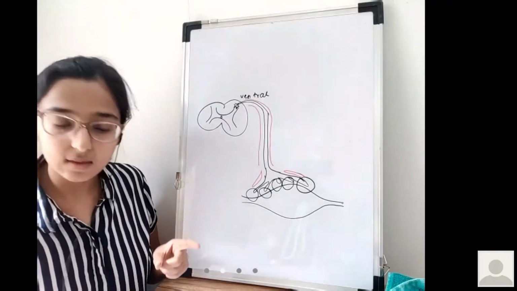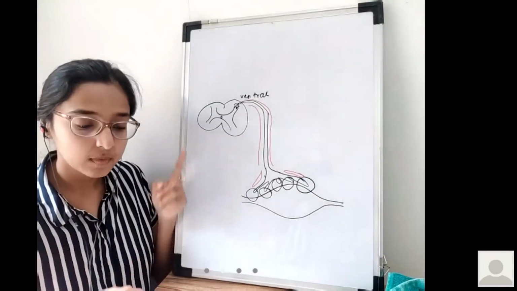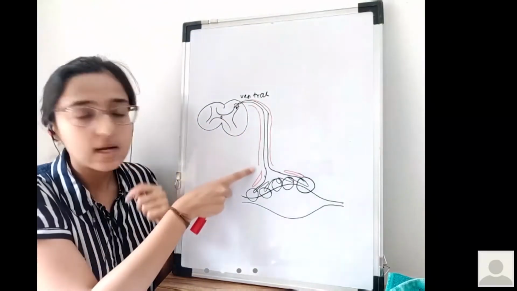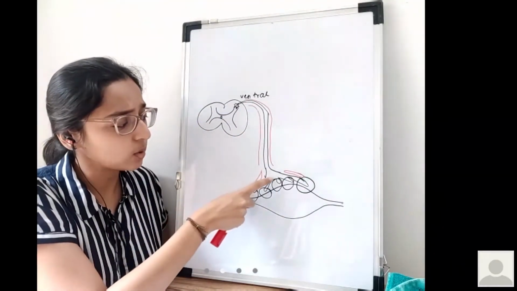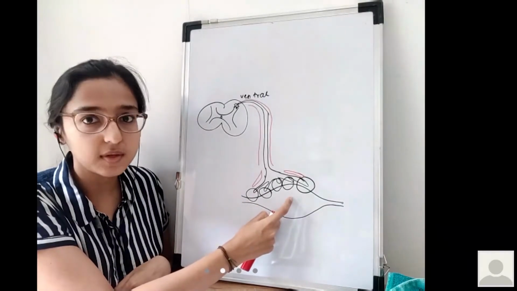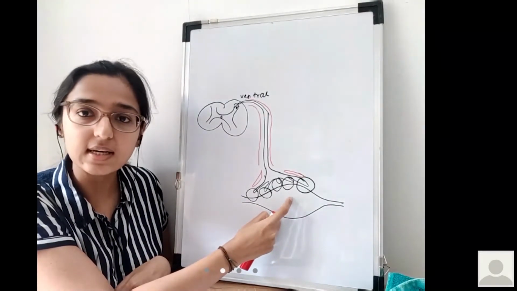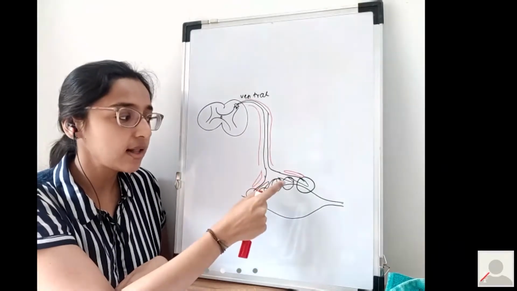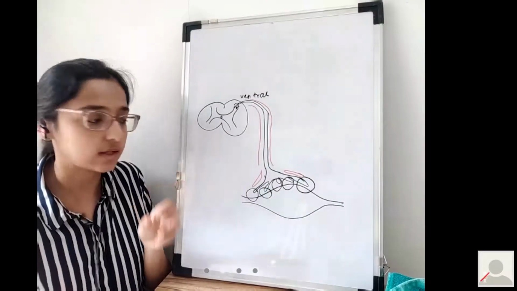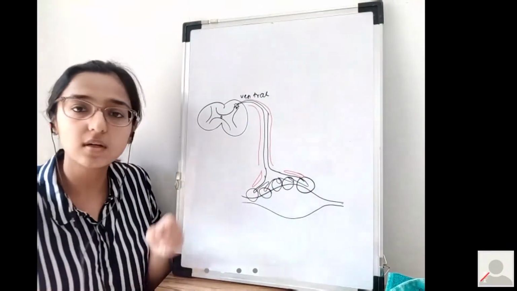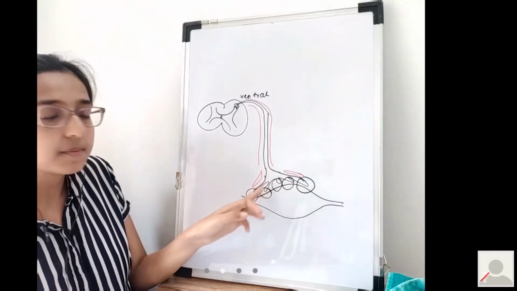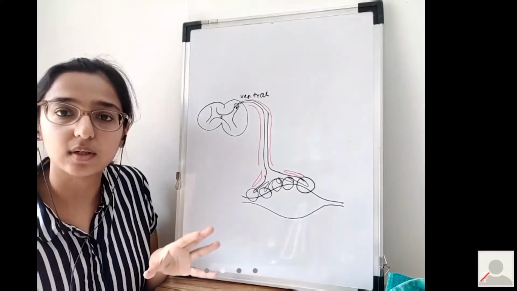So what Sandhya said was right. We'll just revise that. When the stimulus arises from here, the impulse travels along the nerve and approaches the terminal endings of the nerve. In the terminal endings, there are vesicles containing acetylcholine. This impulse will cause the acetylcholine vesicles to degranulate. Basically, they will come to the surface of the ending, the end plate of the nerve, and release acetylcholine.